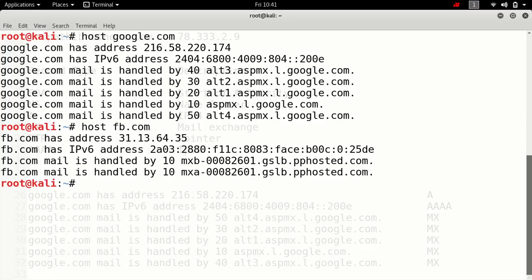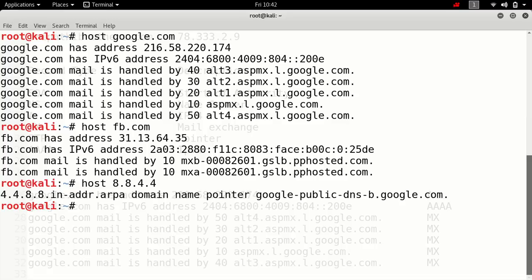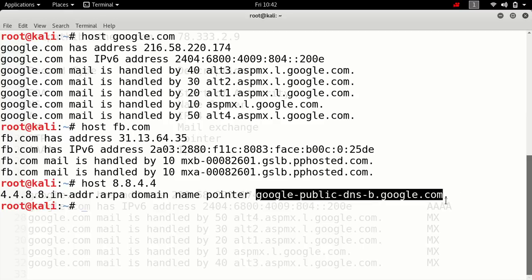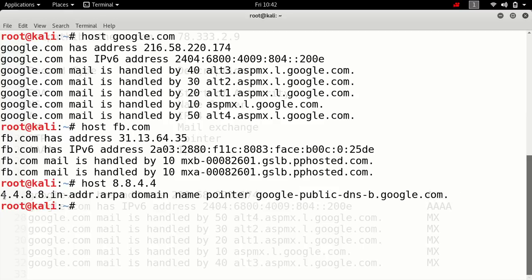But when you type host and then an IP address, like I am trying to fetch the information of the Google public DNS server, I get the domain name of the Google public DNS server.